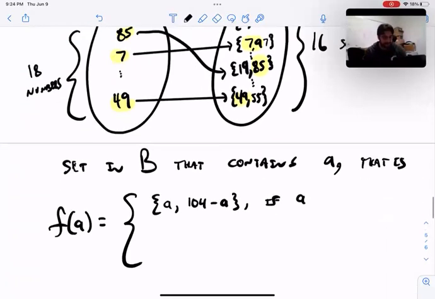If it's less than the halfway point, so was that 52? And otherwise, if it's bigger than 52, then it gets mapped to,